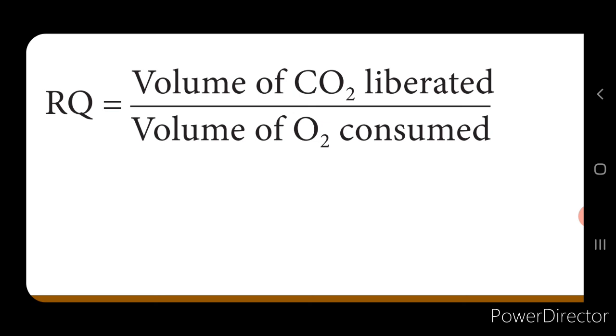Now with this we come to the end of this lesson, and when you see from the beginning, we have seen what is tissue system, different types of vascular tissue system, dicot root, monocot root, dicot stem, monocot stem, and we have seen the differences between the dicot and monocot root. Next we have seen the dicot leaf and monocot leaf. Then we saw the processes involved in photosynthesis. Next the mitochondria, and at the last we have seen the respiratory quotient. And with this we end this lesson.